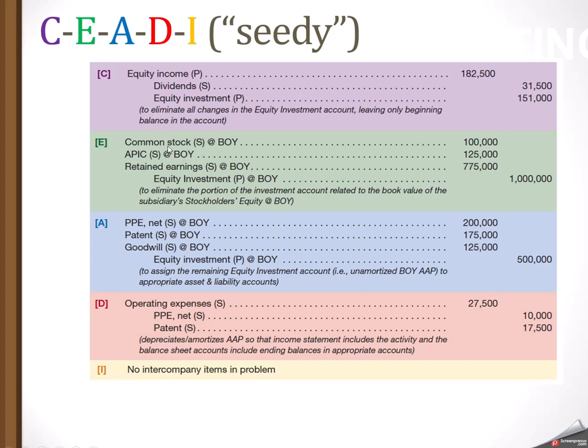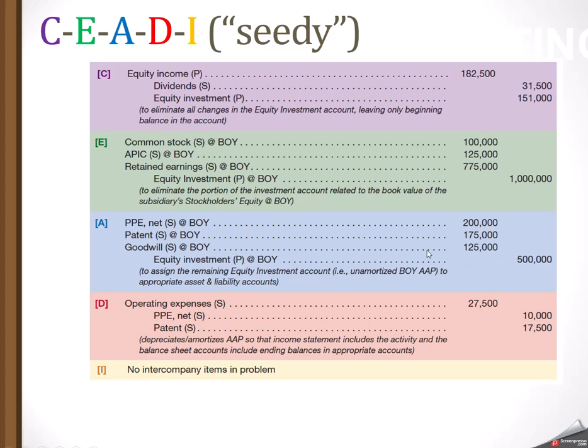So in our E entry, we debit our common stock, our paid-in capital, our BOY, which stands for beginning of the year retained earnings. The credit always goes to the equity investment. The A entry sets up those acquisition premium assets. So again, they could be different. But these are common ones: property, plant, and equipment, patent, goodwill, could be other intangibles, and then the credit goes